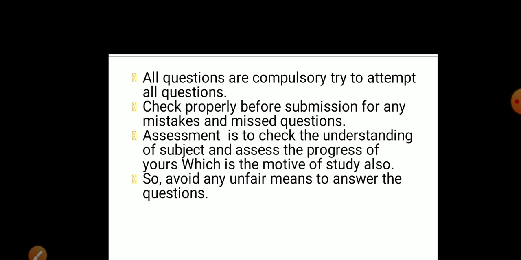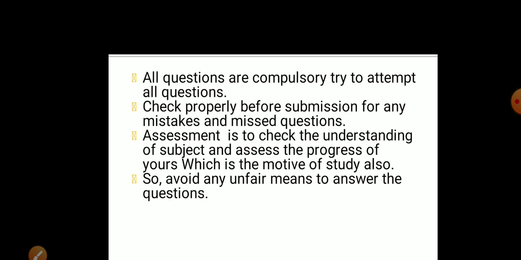So sometimes what happens is that students, in a hurry, or anxious, or in a too happy mood, just try to submit their paper early. So before submitting your paper, check it properly once. Then, the next two points are very, very important, children, so listen carefully.